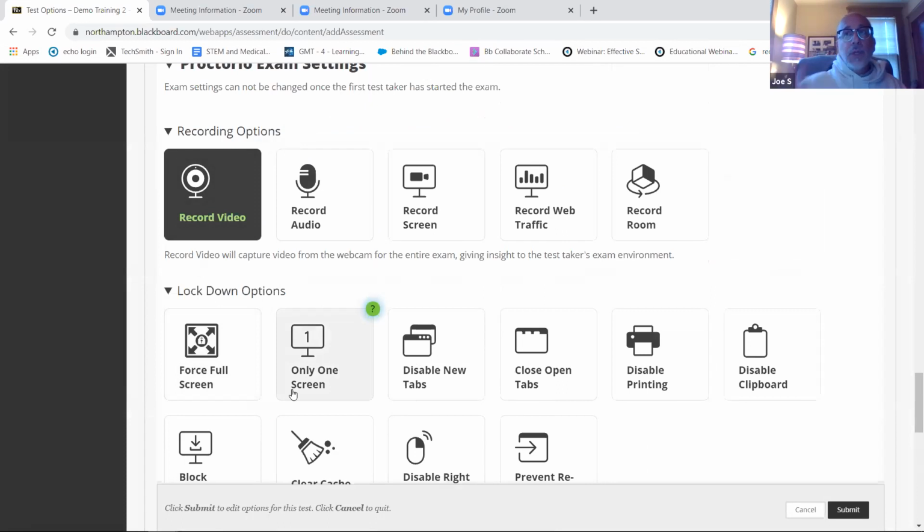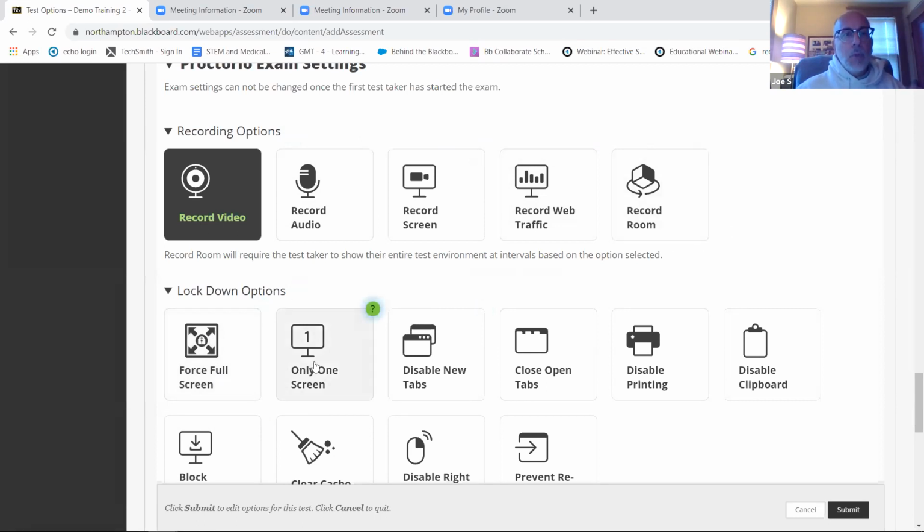One of the things I want to mention for Dan, is that we suggest if somebody's using a screen reader, if they have an accessibility with that, not to use force full screen with your settings for that exam. If that's an important thing for everyone else besides somebody that needs a screen reader, then you probably should make 2 exams. You know, one for the student that we don't want to apply this to, and one for the other students that don't have a screen reader necessity.